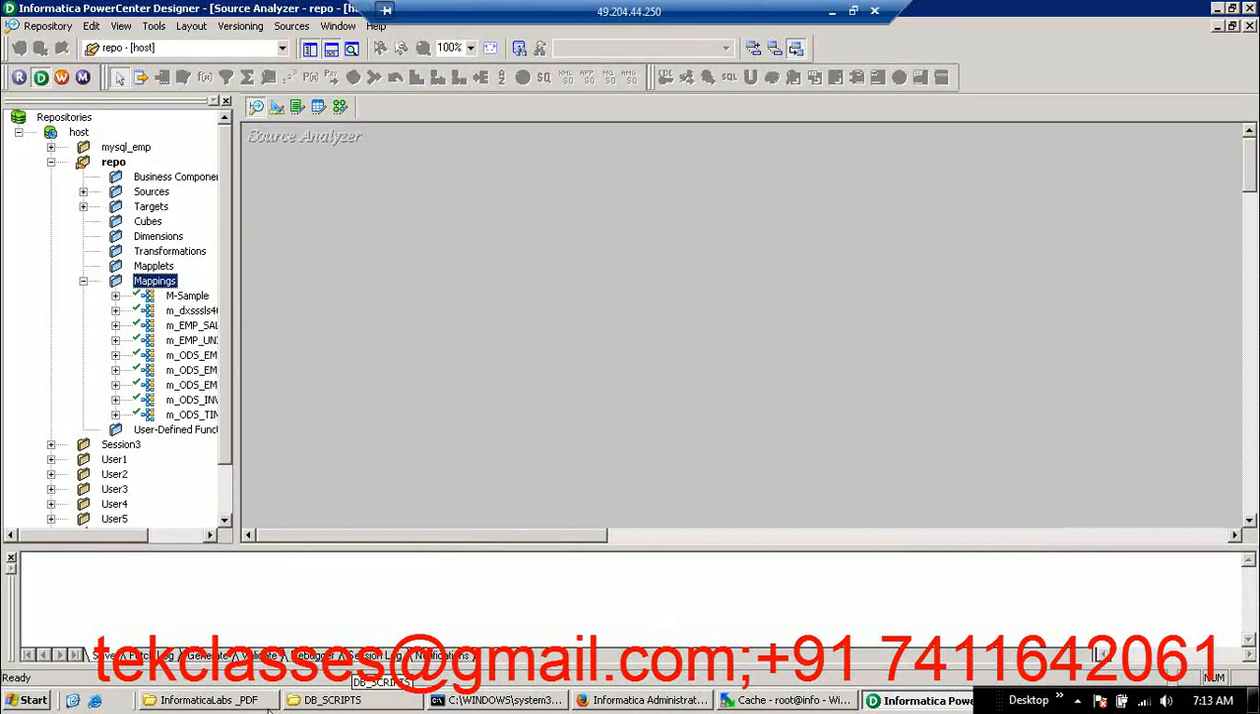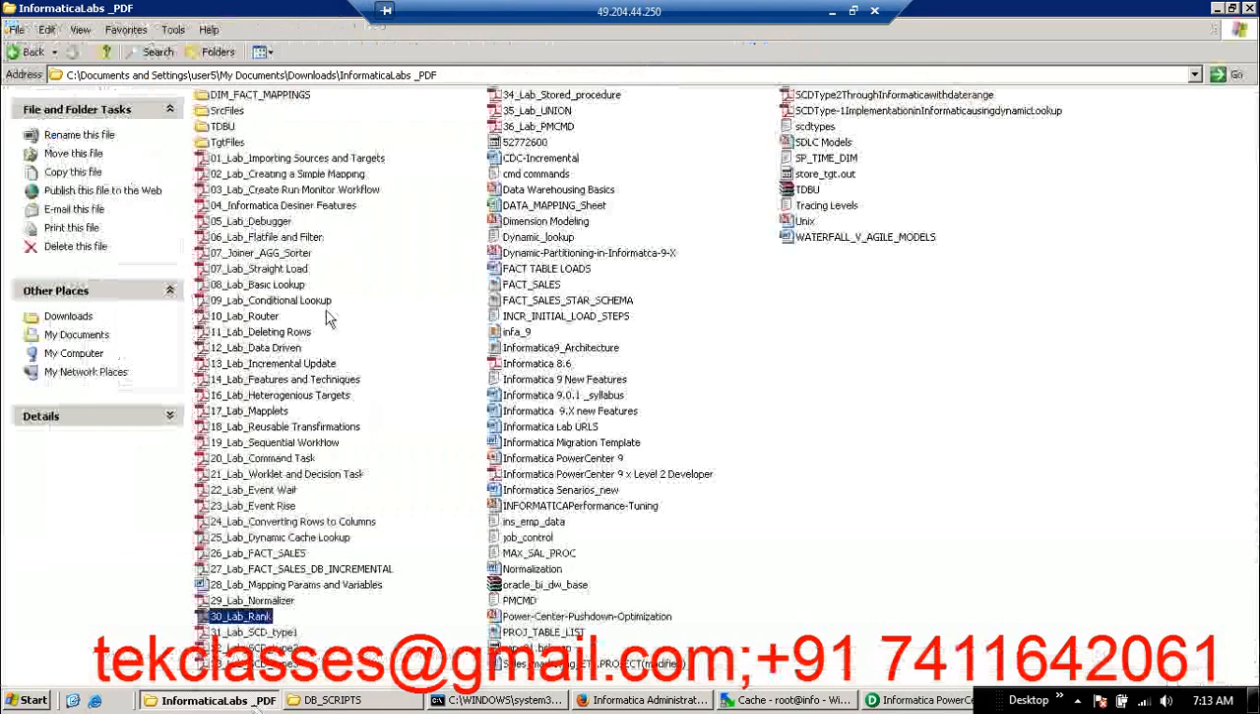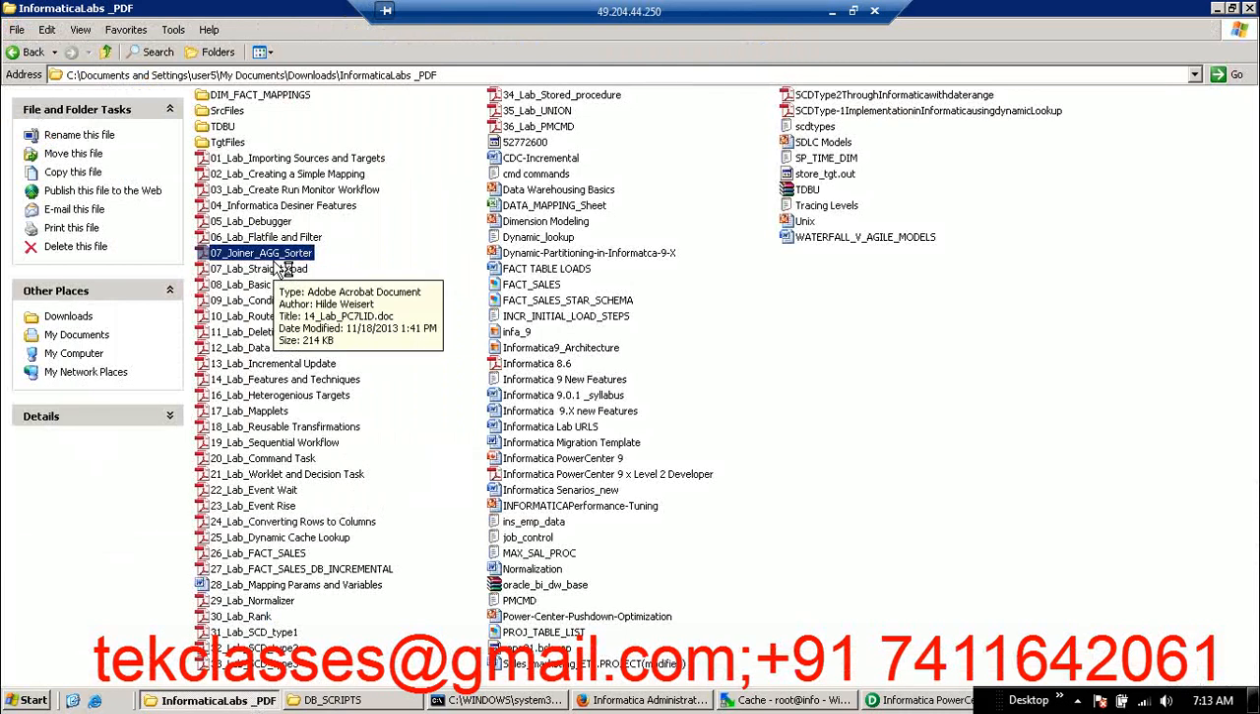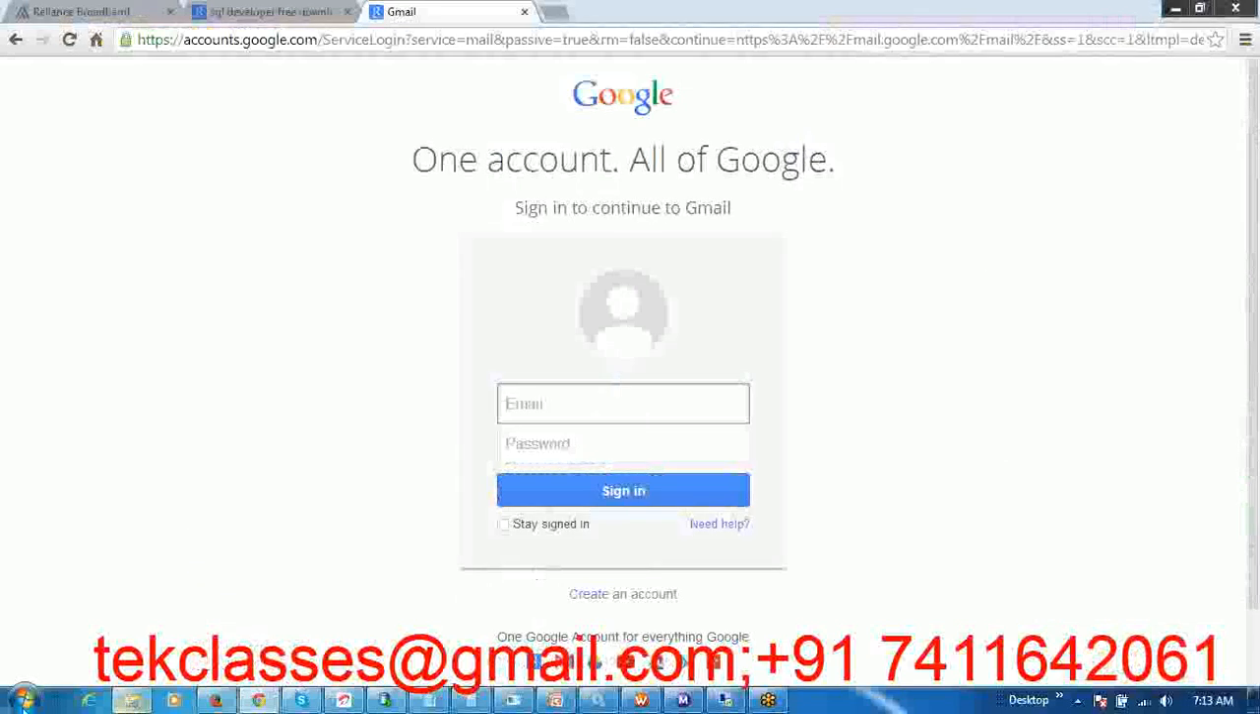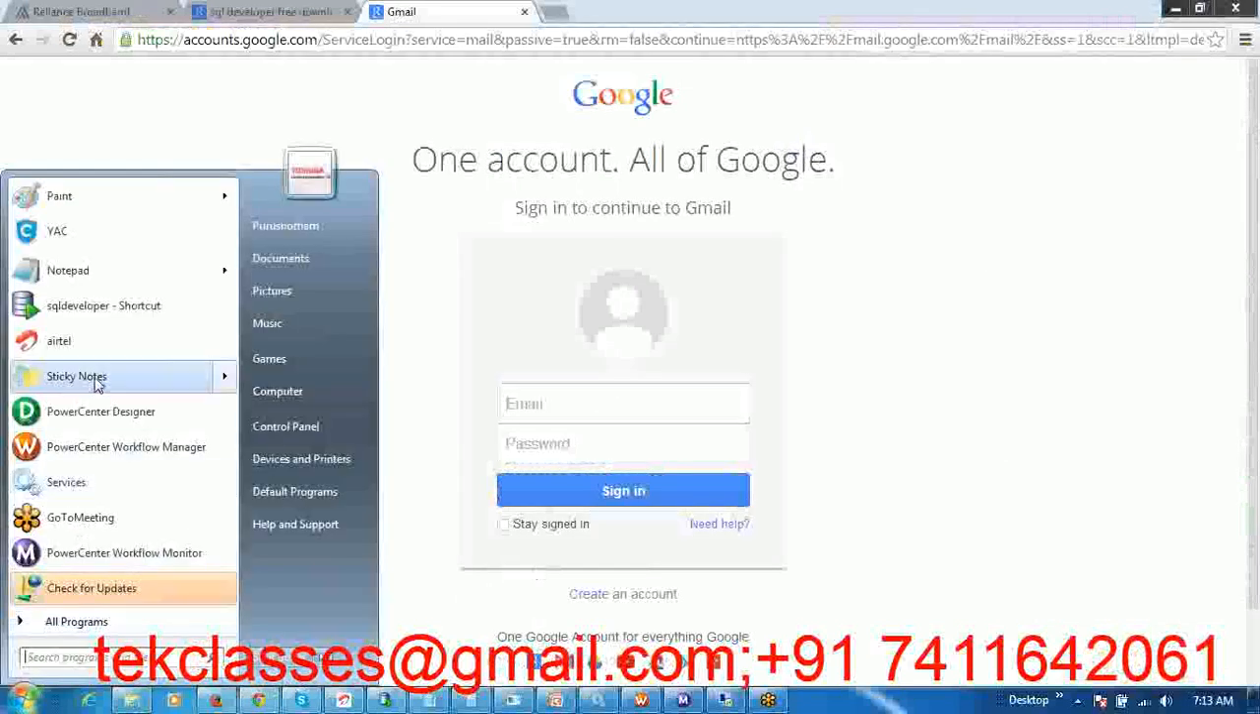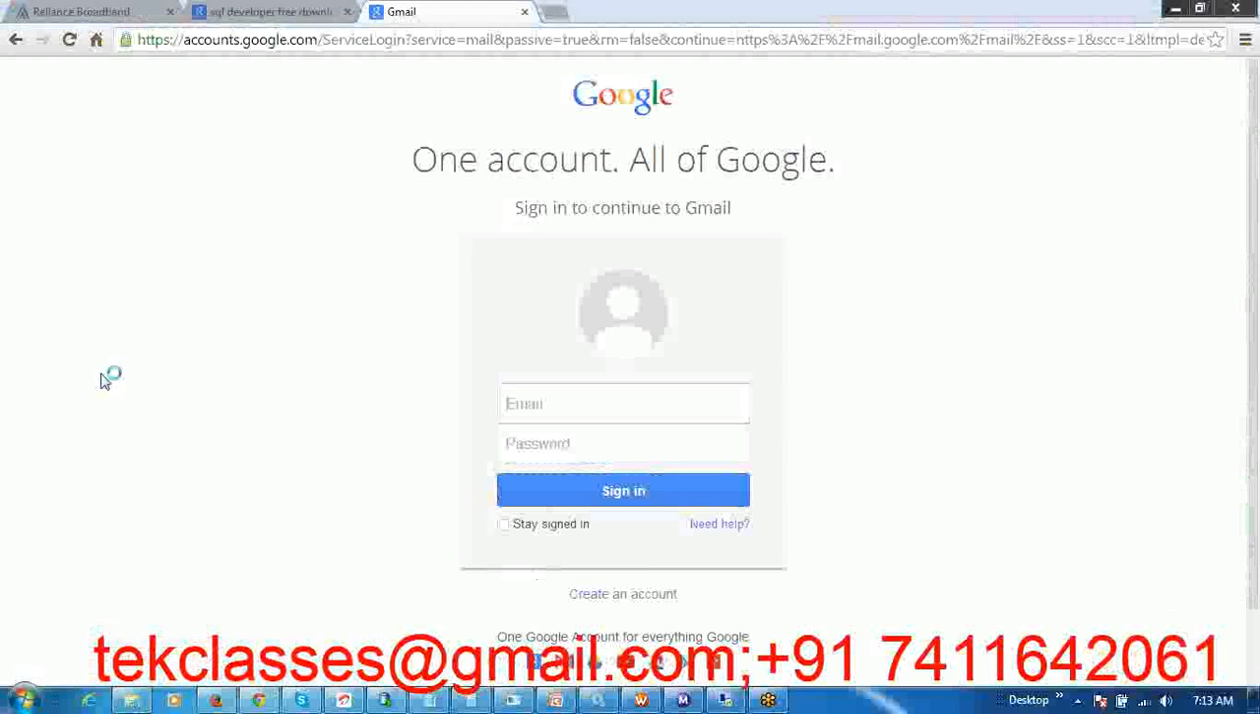So the next hands-on lab that we are going to discuss is about the joiner, aggregator, and the sorter transformation. This is a very important and big lab, in which we will discuss how the joiner transformation works, how the aggregator transformation works, and how the sorter transformation works. If you have a good understanding of joins in SQL, you can easily understand the joiner transformation. And the way you use a group by clause is your